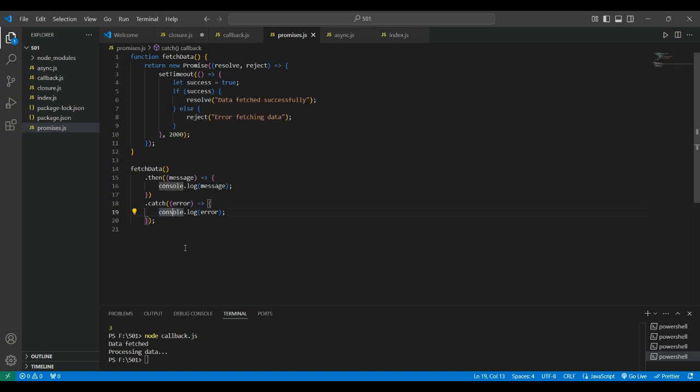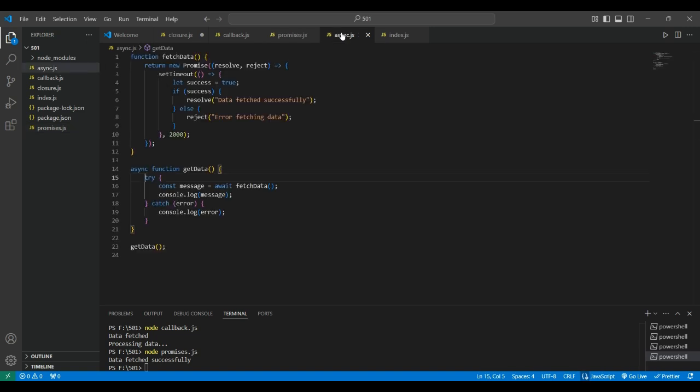Let's discuss some more topics for async/await. Async/await is built on top of promises and provides an even cleaner and more readable way to handle asynchronous operations. It allows you to write asynchronous code as if it is synchronous, making it easier to understand. Async and await are used for asynchronous functions to handle more tasks to be